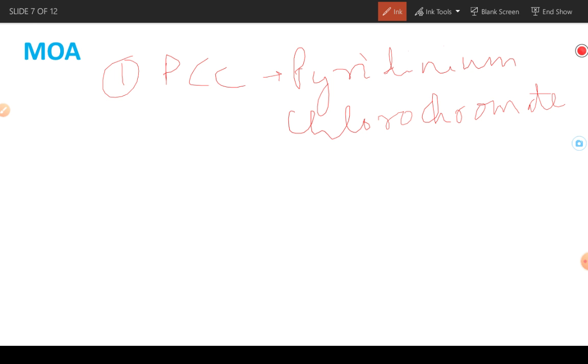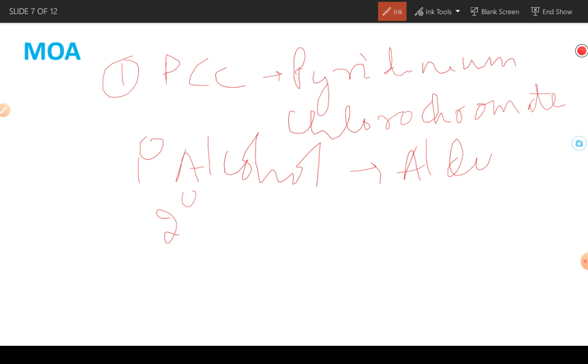This is a very important reaction. Here we convert primary alcohol or secondary alcohol to aldehyde or ketones, which means it gets oxidized. This is very important. Also you can take